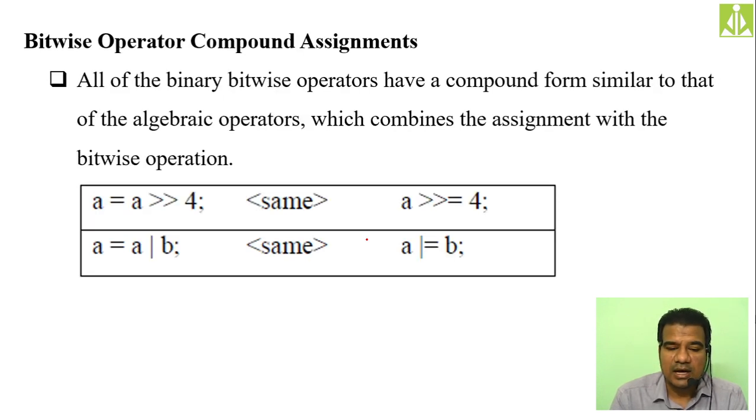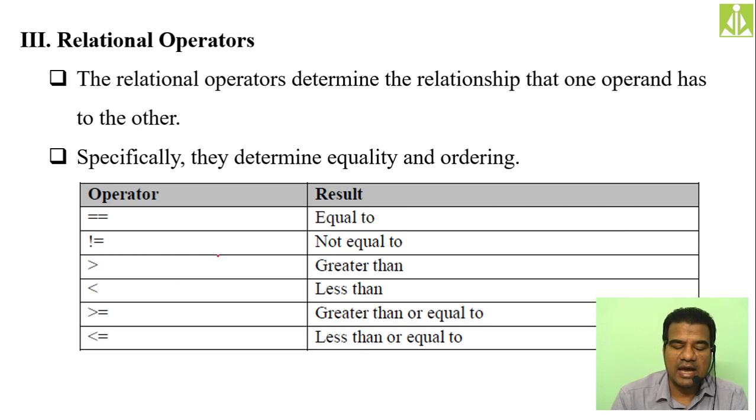So the next thing, bitwise compound assignments are also possible. This is the same. Yeah, here they have given, see, just the shorthand notations. Remember this one. So A right shift equals 4 means A equals A right shift 4 times. Same thing, A bitwise OR equals B means A equals A bitwise OR B. In this way you can write the shorthand notation or the compound bitwise assignment operator in case of bitwise operations.